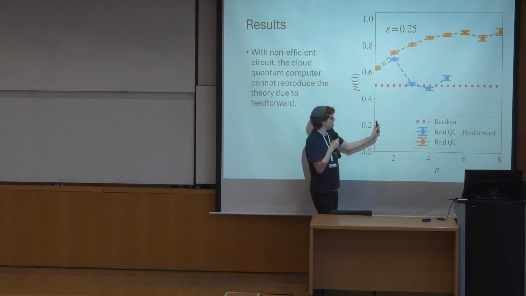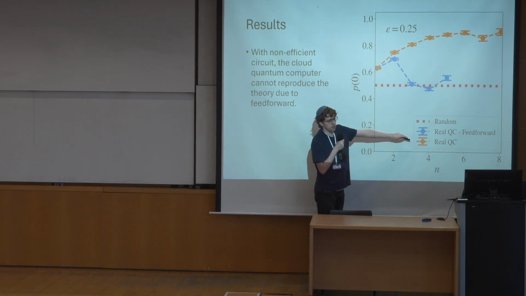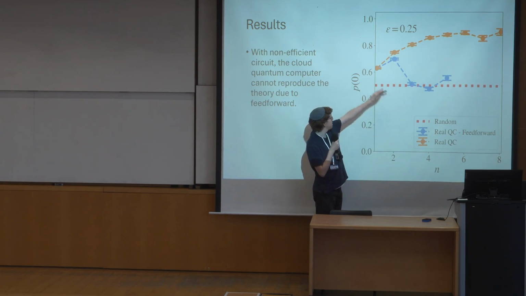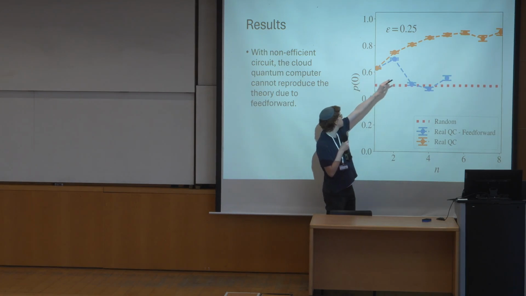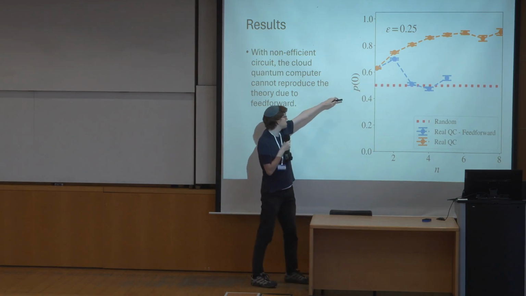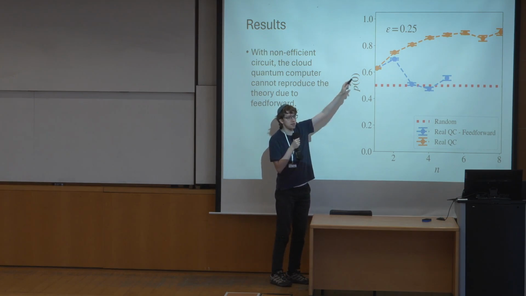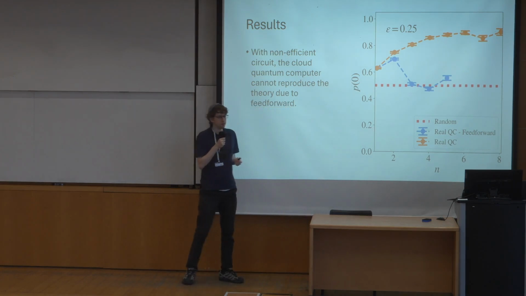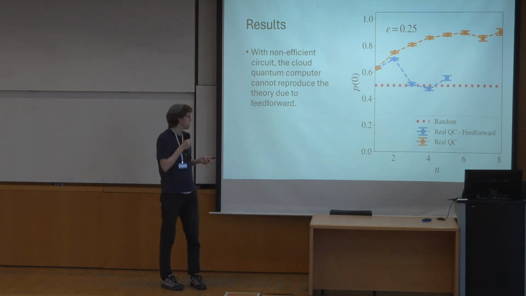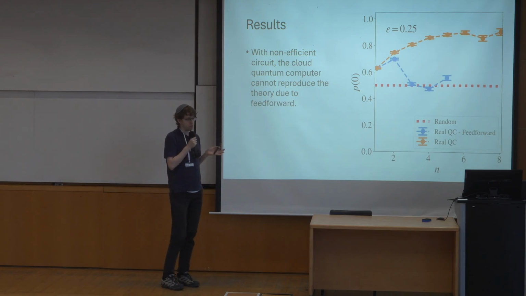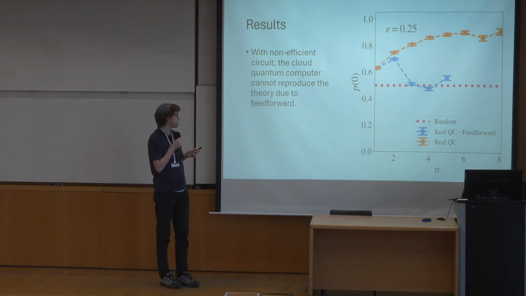And if you use the actual good circuits, which are more compactified, you actually see that the imaginary time evolution does take you to the 0 state, as the probability of 0 starts to increase. Of course, it will not be 100% because there are errors on this computer. So we use the compactified version.